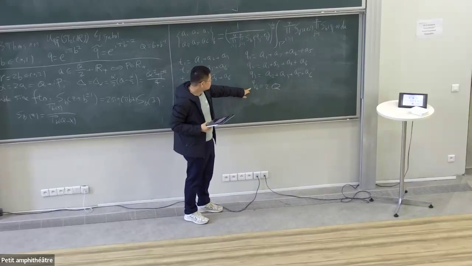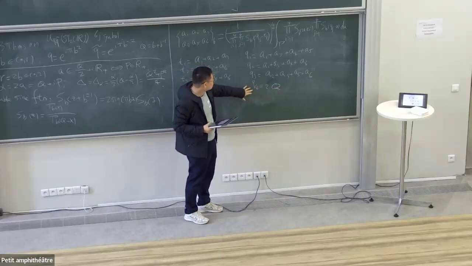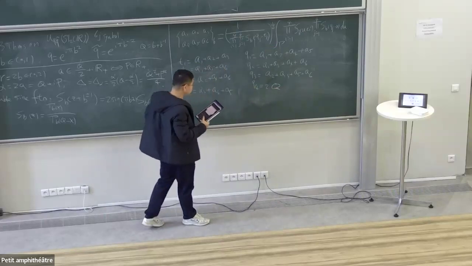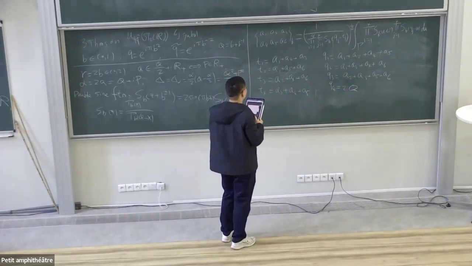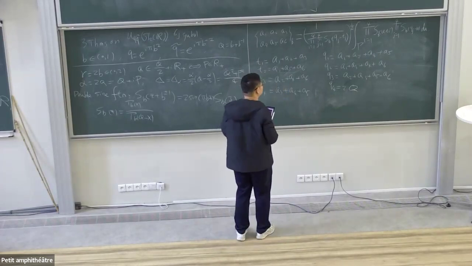So here, Q4 is just a fixed number, and I'm only defining it to make this formula more beautiful. So the real variables are these T's and Q's. And so the way to see this is to